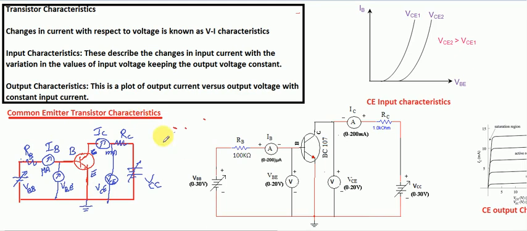Whatever be the type of configuration or characteristics, this is the format you have to apply. First you draw the transistor, complete the block structure, then you connect the biasing voltages, then you connect the devices. Ammeter always in series and voltmeter always in parallel. Circuit is over. It's not so complicated.